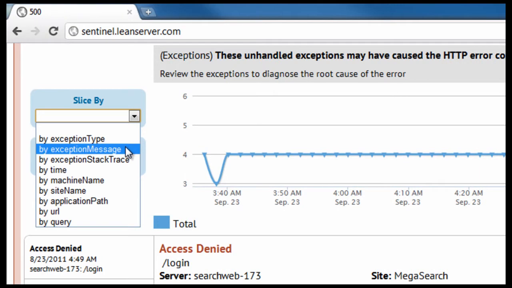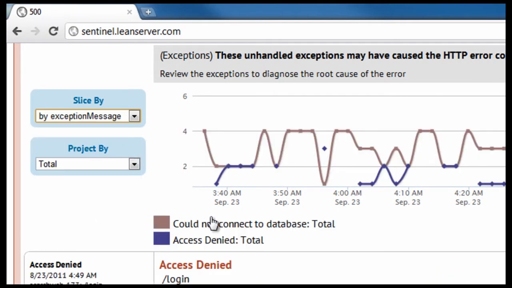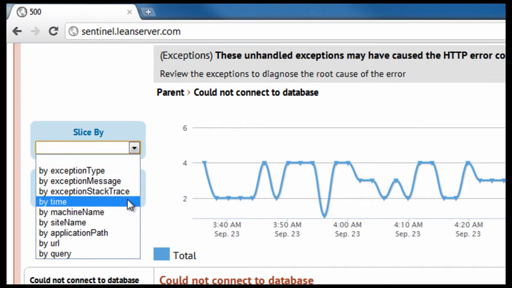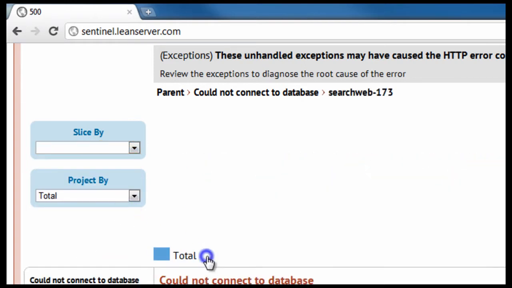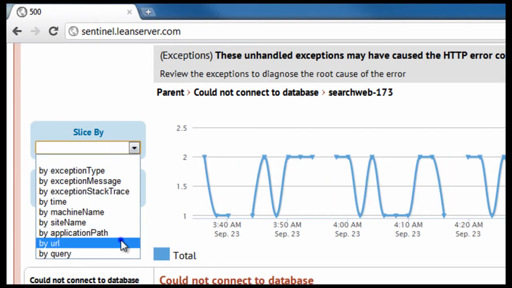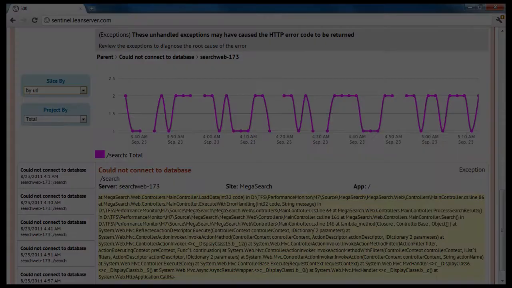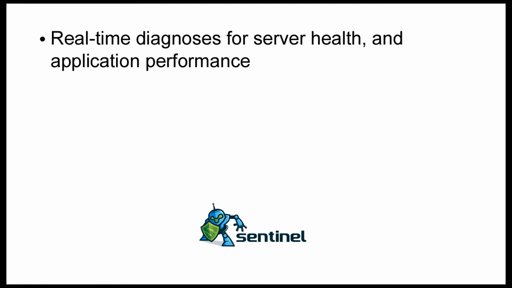A developer can slice and dice the exceptions to review the different errors, and then pick the exception of interest to further zero in on it, finding the server, website, URL, and even the place in application code where the error occurred. Unlike other server monitoring tools, Sentinel goes beyond monitoring and offers the power to instantly diagnose common problems